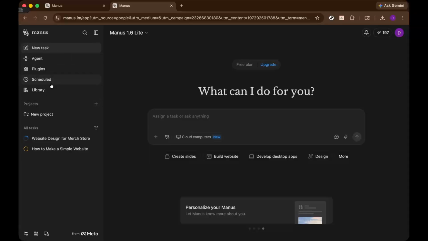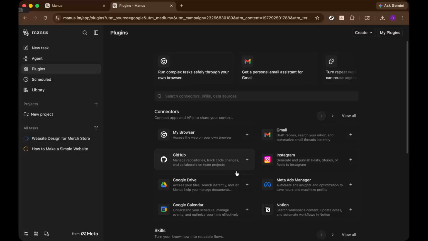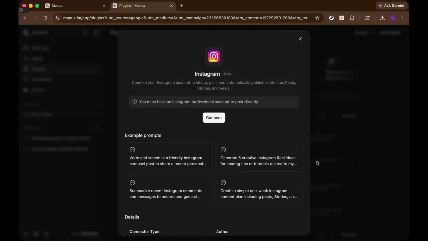Start by opening your Manus account and going to the Integrations or Connectors section. From there, look for the Instagram connector and begin the setup process. You'll need to connect an Instagram professional account and complete the authorization flow so Manus can access your content tools